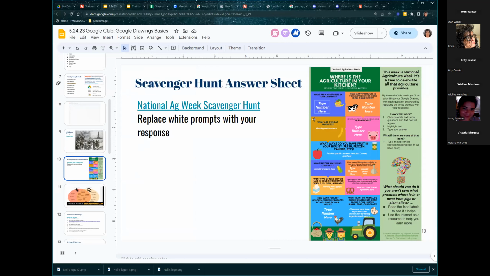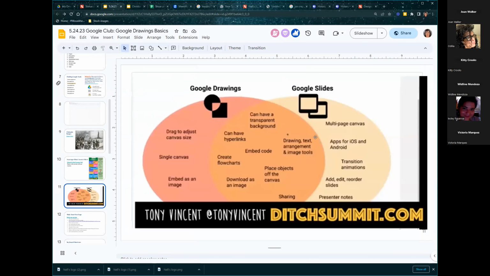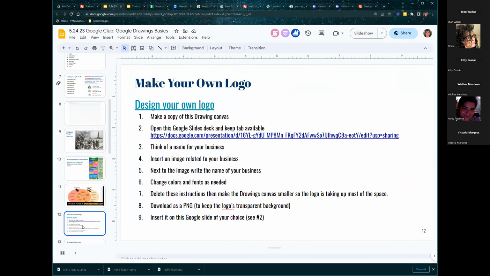This was a scavenger hunt, which reminds me of Jamboard. I might do this in Jamboard, but if you go to the document, wherever there's white writing, you can click there and change the writing, but everything else stays the same because it's one big image in the background. This Venn diagram, I didn't have any idea how you could make a transparent circle on top of another transparent circle, but I do now, and I did put that into our